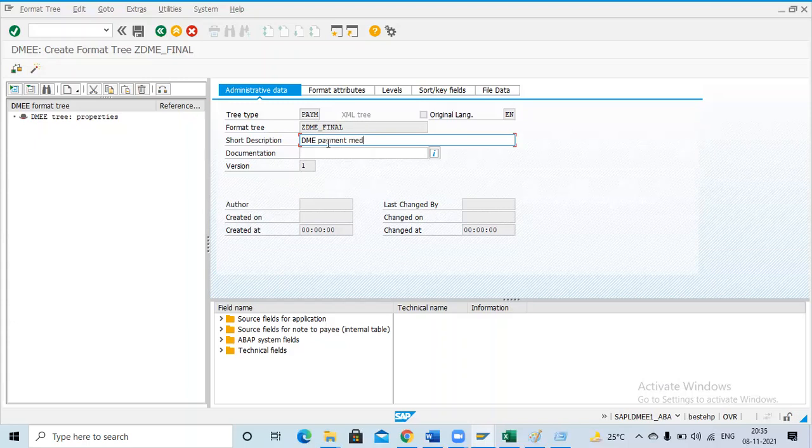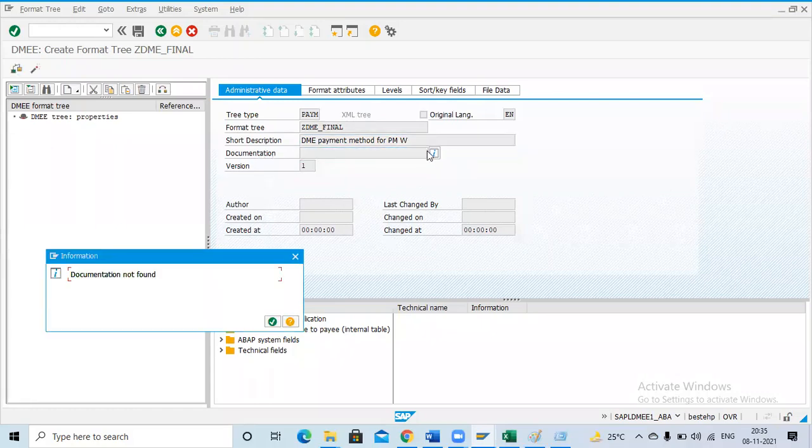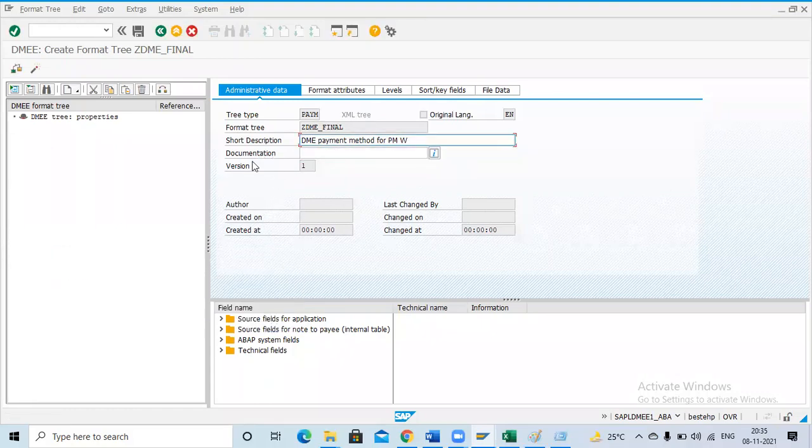Then the DME payment method, for payment method W. There is no documentation. Documentation means if you want to add some document data, you can add it here, but we don't have access, so it will not work to add the data. So just give your format tree and the description.